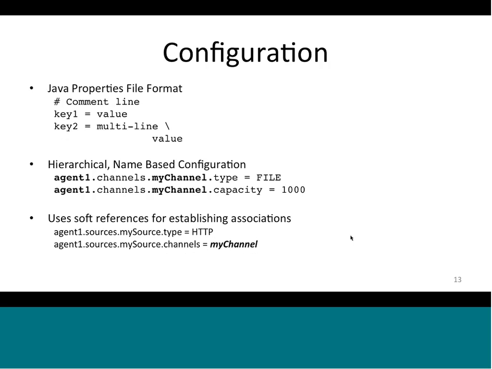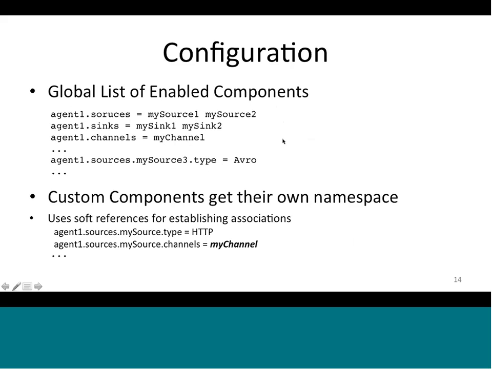So how do you configure a channel? In a slide previously, I talked about the fact that agents are dynamically configured by way of configuration files. So how do you configure an agent? This is how you configure an agent. Okay. The namespace in a configuration file is hierarchical. What that means is, if I provide any configuration information, it is hierarchical, meaning,